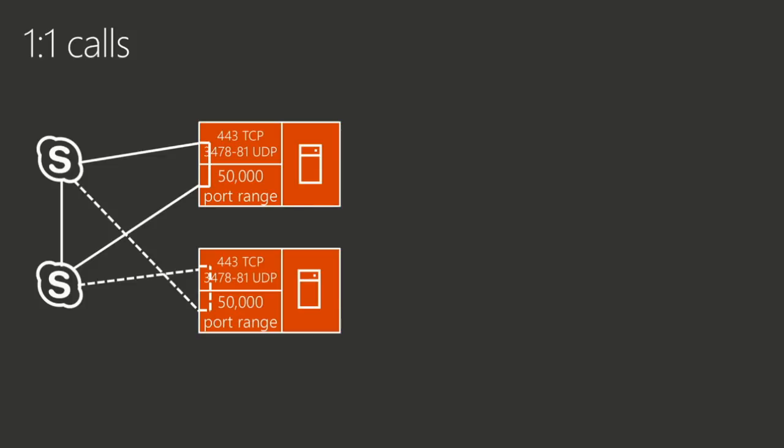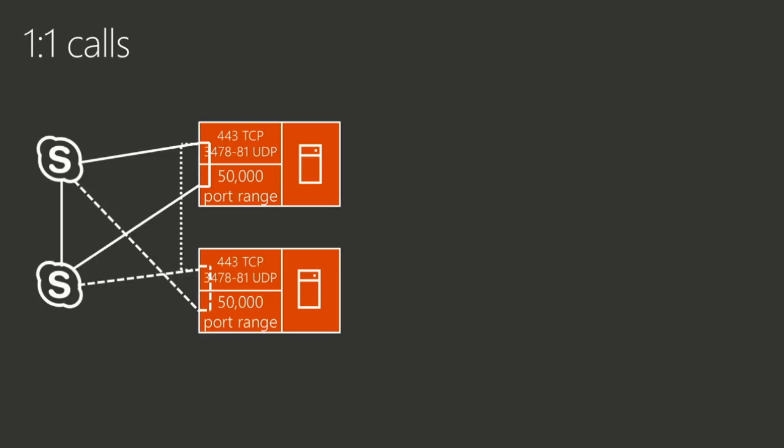If the direct doesn't work, well, then we'll take the relay of the called client. If that doesn't work, then we take the relay of the calling client. And if both of them don't work, then the relays need to talk to each other. I will talk to my relay, the other one will talk to his relay, and then the relays talk to each other. And this is why it's still useful if you have Skype for Business, if you keep the